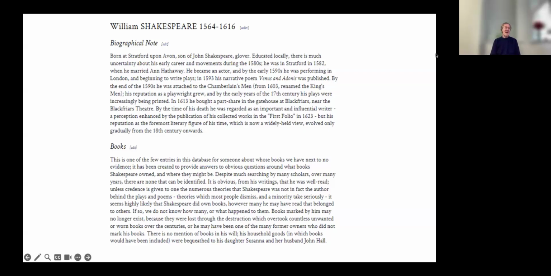Finding a book that Shakespeare owned, because Shakespeare clearly did read books, and it seems very likely that he owned books. I mean, unless Shakespeare really was Bacon or the Earl of Oxford or whatever, but I'm assuming we don't subscribe to that slightly eccentric view. And so I did think an entry needed to be there for Shakespeare, but that is the only one for somebody who we know actually didn't own any.